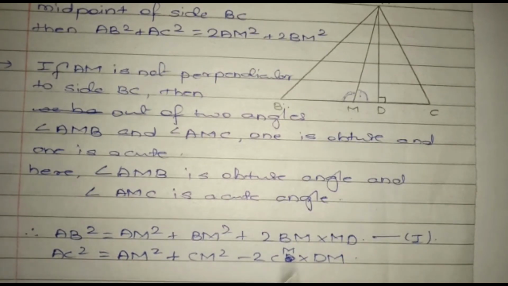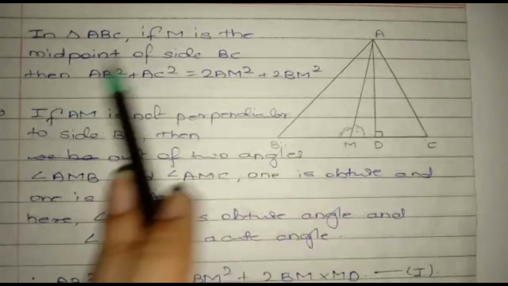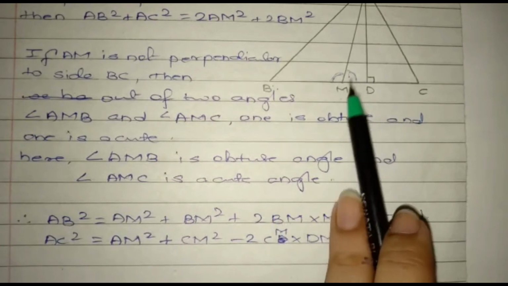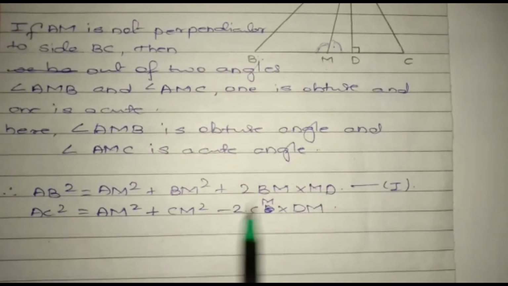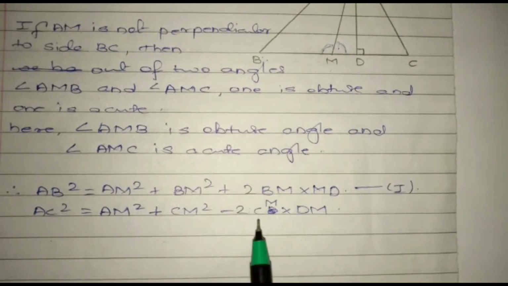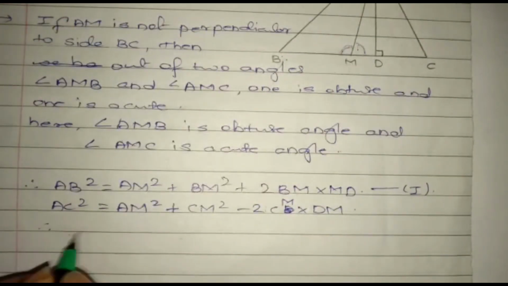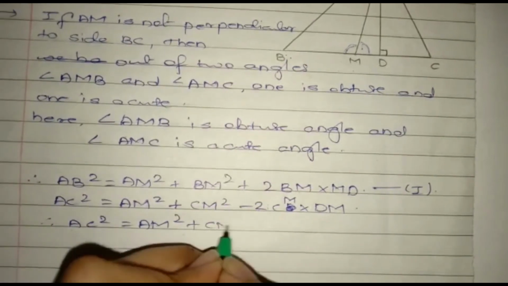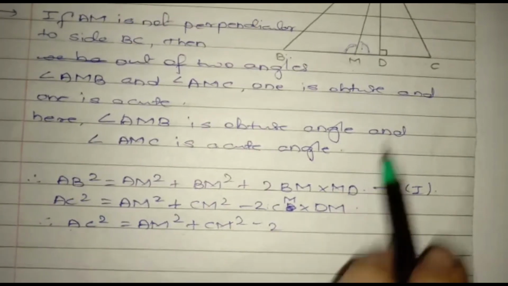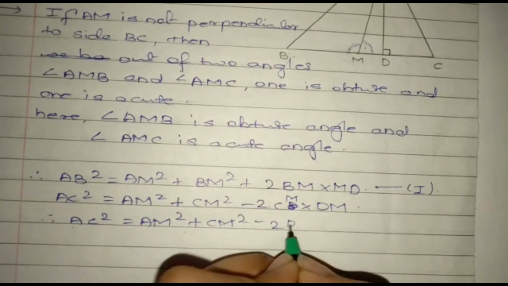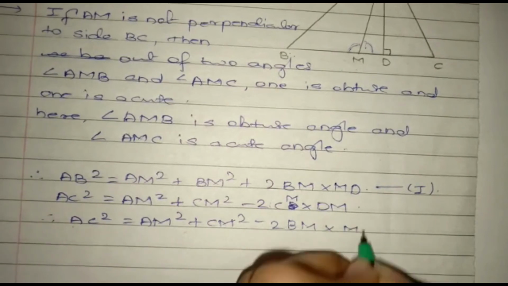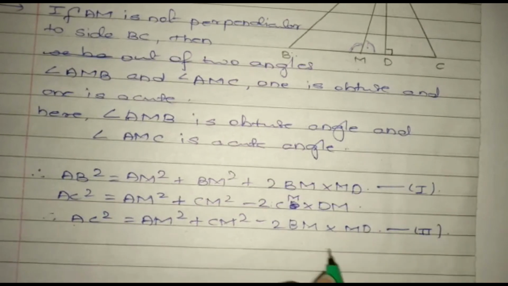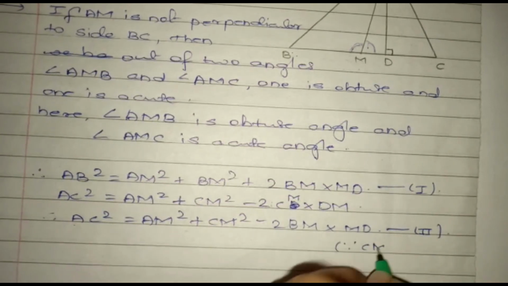Okay. Now we know that M is the midpoint of BC. It is given M is midpoint of BC. Therefore, BM and CM are equal, since M is the midpoint of BC. So here instead of CM we will substitute CM as BM. Therefore, AC square is equal to AM square plus CM square minus 2 into BM into MD. Okay, we will consider this as equation 2, and we got this because CM is equal to